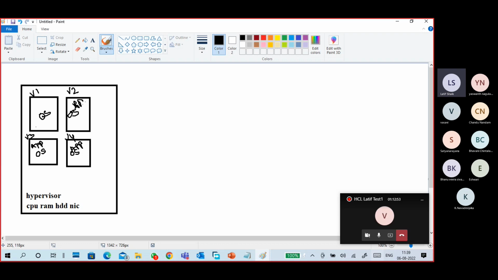We'll choose what application we want to install on these machines. Of course, using remote access or direct access, different tools are there, so we can